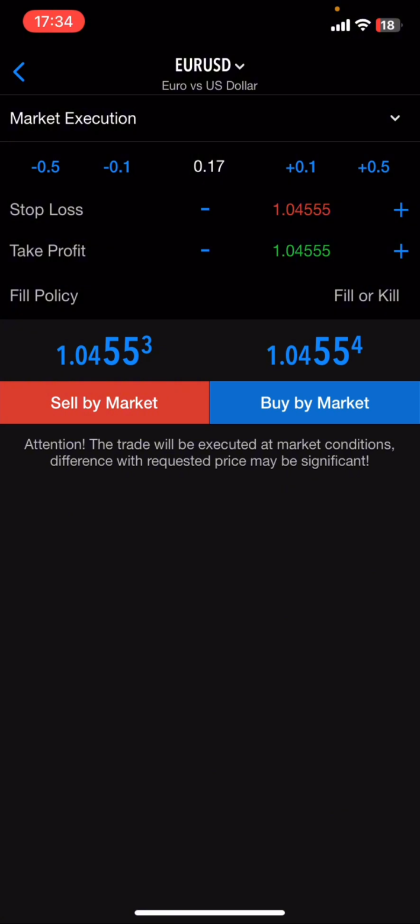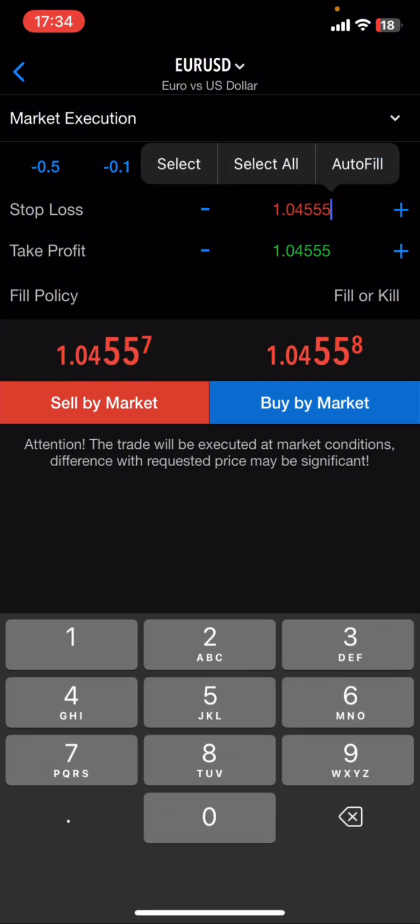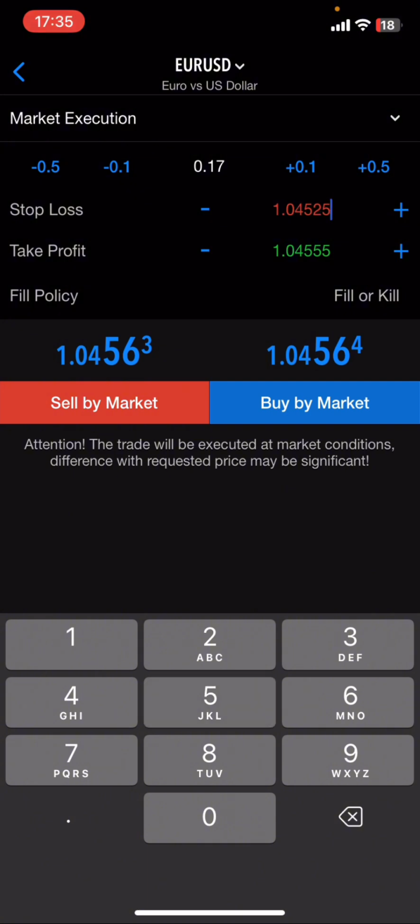Okay, so now how do you set stop loss and take profit? Remember, in a buy, the stop loss is underneath the entry, so it has to be under the current price level. So let's say 2.5. Do you understand? And the take profit has to be above the current entry. So let's say